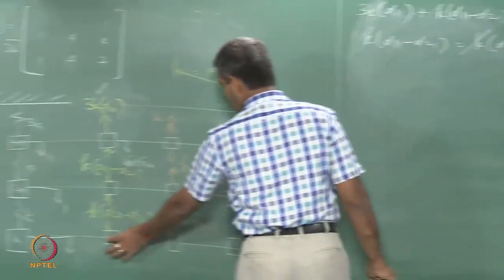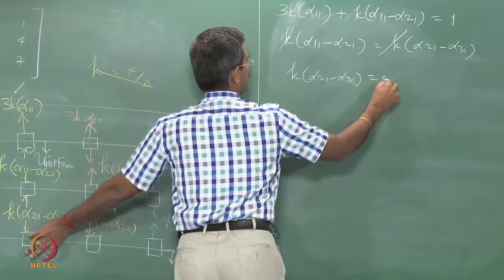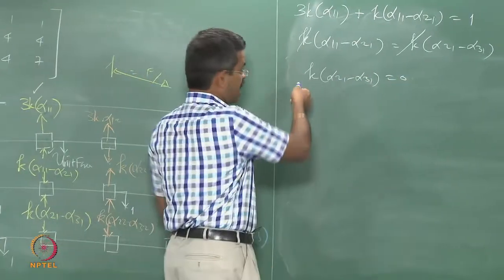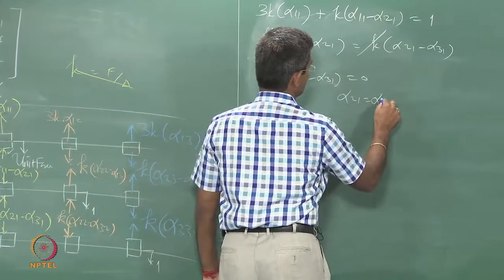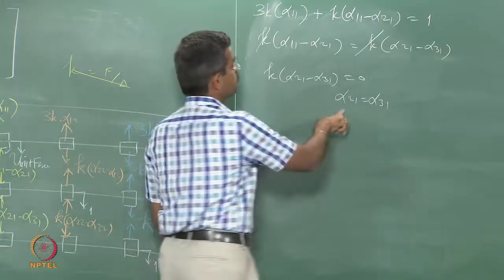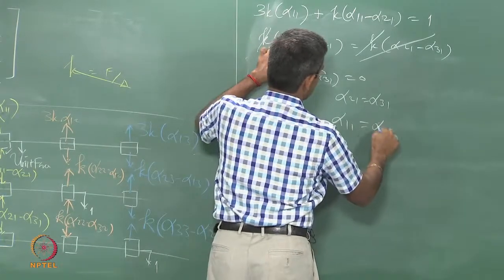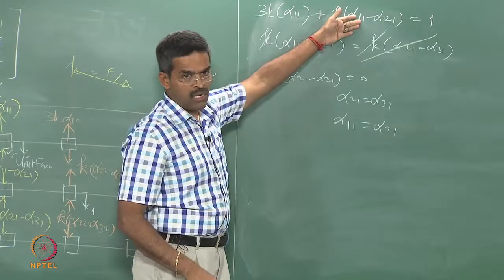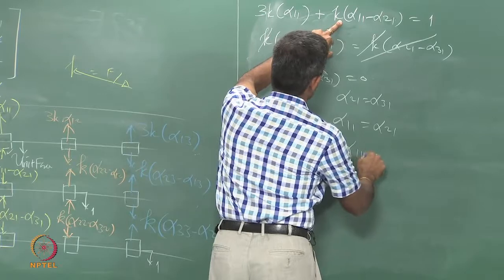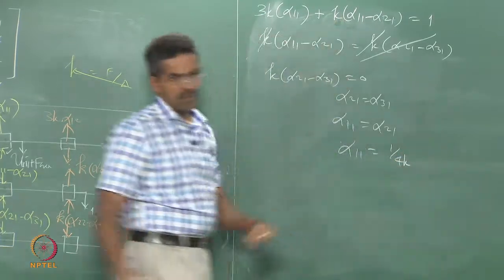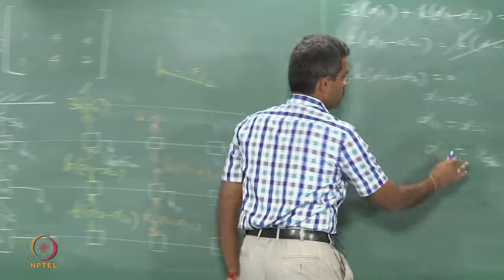The third equation is here for this mass, which is k times of alpha 2 1 minus 3 1 is 0, which implies k cannot be 0 because stiffness cannot be 0. This implies alpha 2 1 is alpha 3 1. When I substitute back here, this becomes 0, which implies alpha 1 1 is equal to alpha 2 1. When I substitute back here, it will say 3k alpha 1 1 is 1. Therefore, alpha 1 1 will be 1 by 3k,